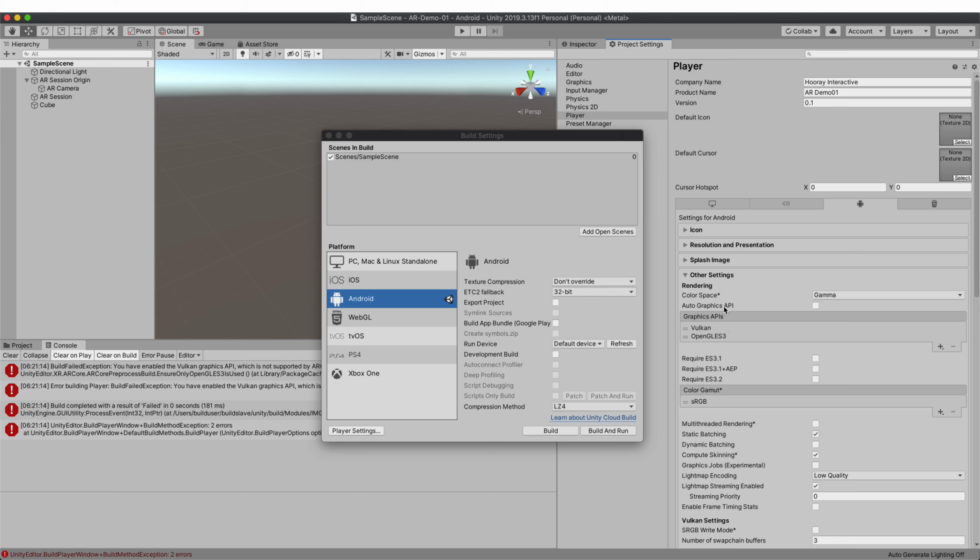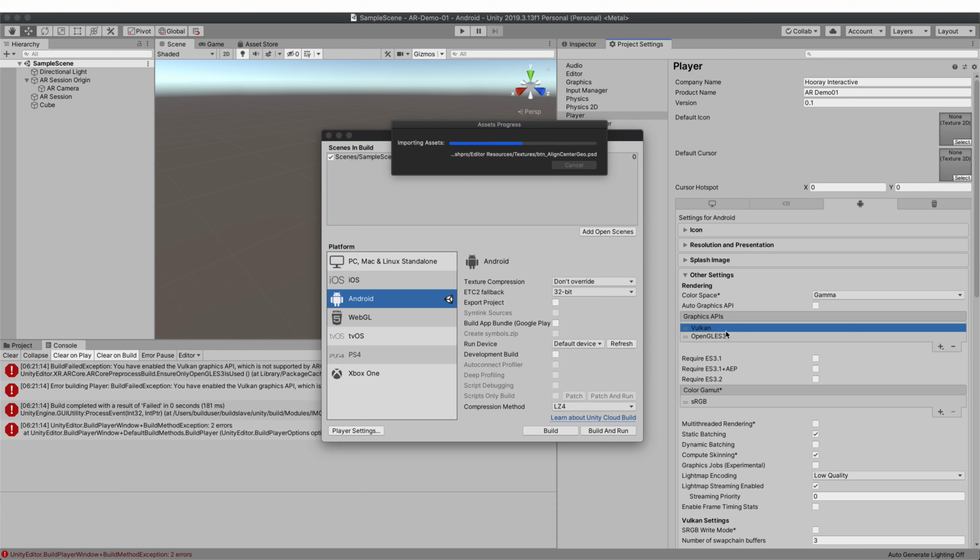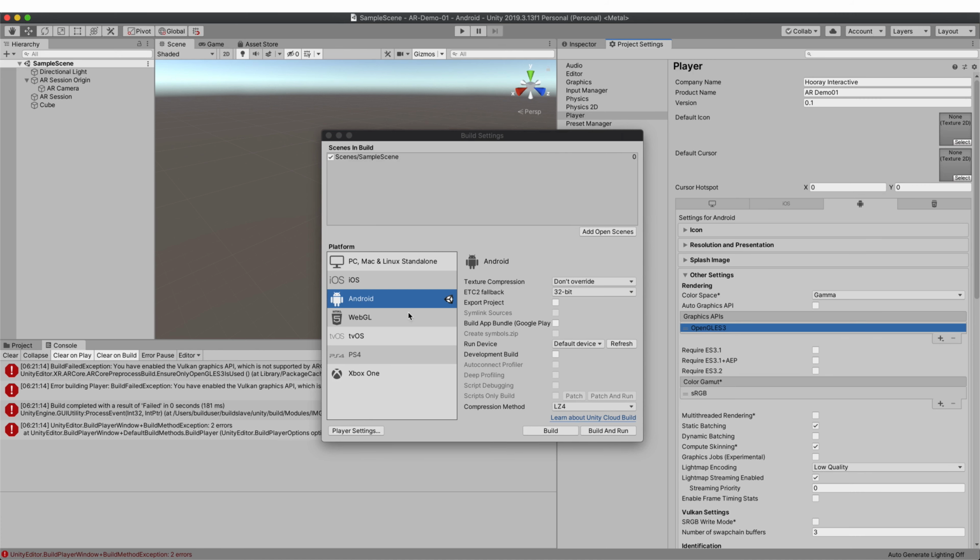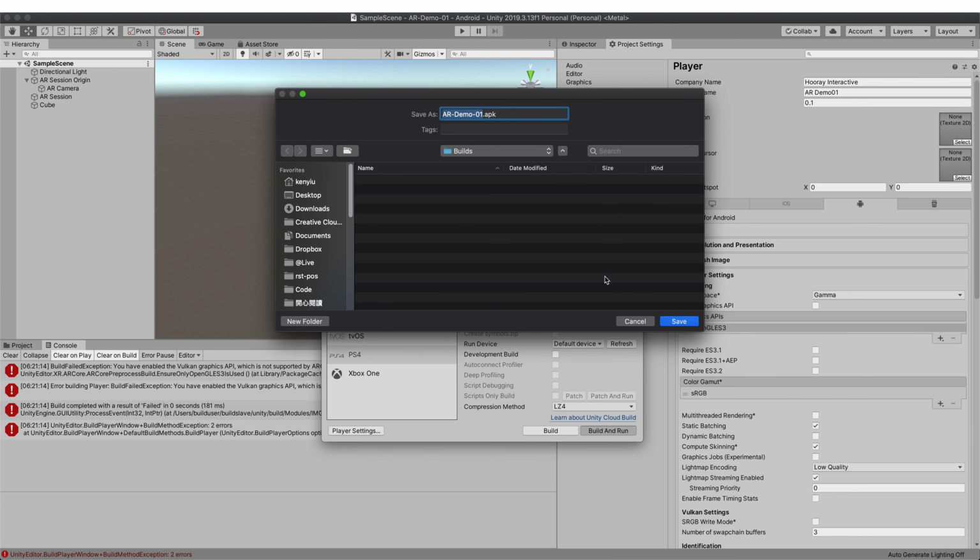So you can select auto if you want, or just remove the non-supported API. So I just select Vulkan and click the minus button to remove this API. And I just want to go and build again. Okay, so I just save again,